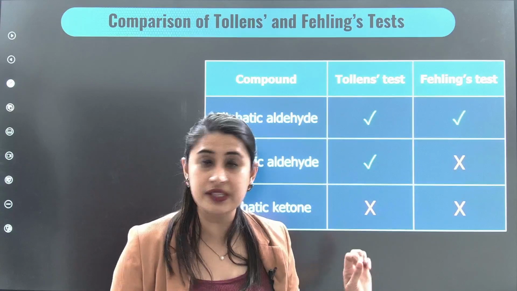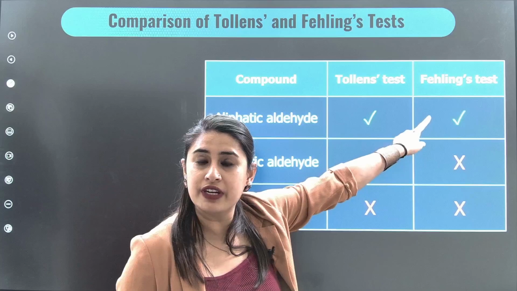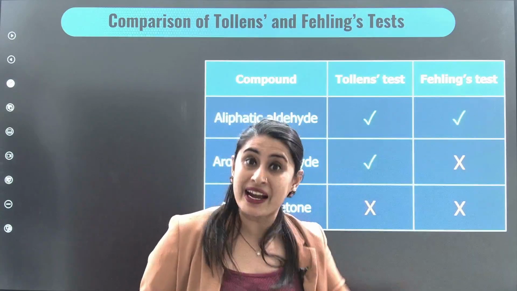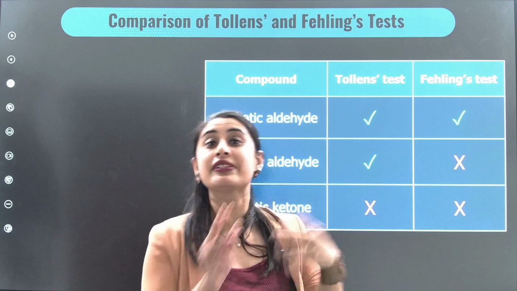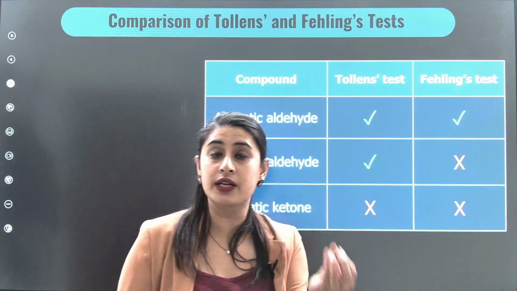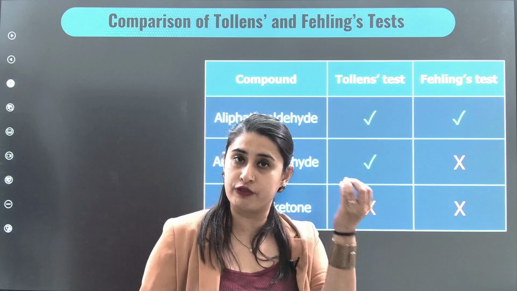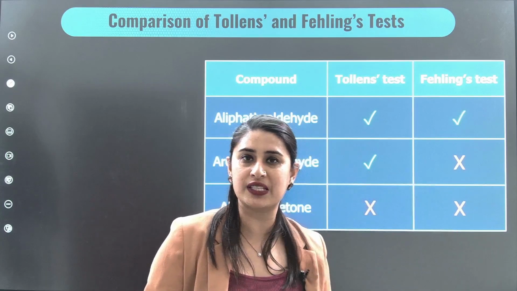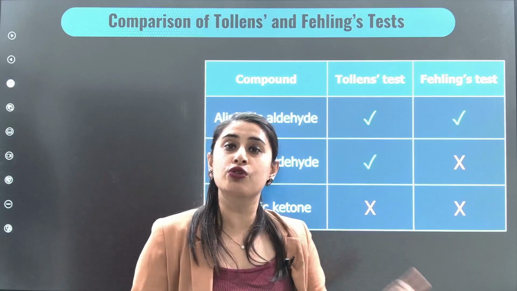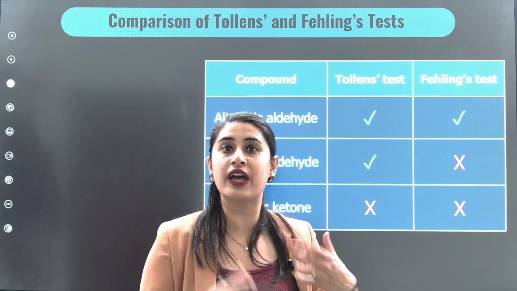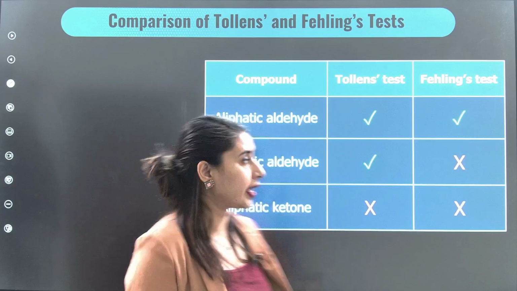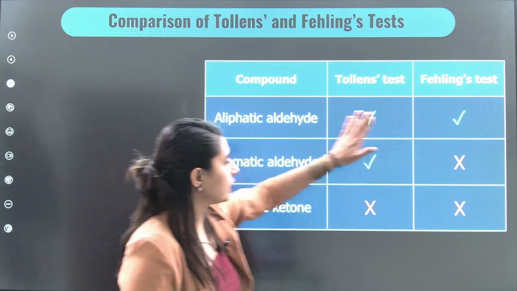What is the only difference? Here we have copper sulfate with sodium potassium tartrate in Fehling's test, but in Benedict test we have sodium citrate with copper sulfate. Both will give you the red precipitate, because copper changes from +2 to +1. So the product in both is going to be Cu2O. When we have Cu2O, we have cuprous oxide, copper in +1 oxidation state, right? So yeah, both give a positive test.